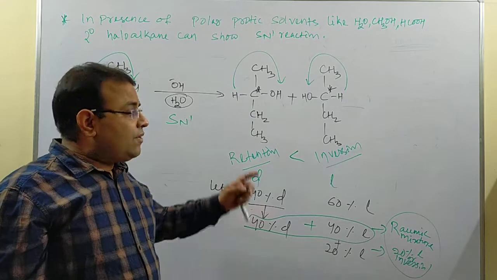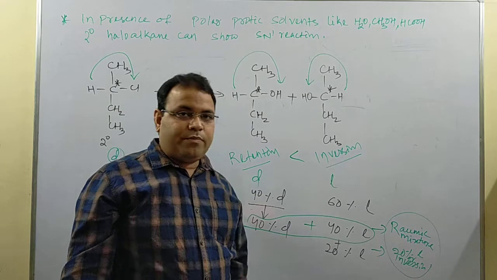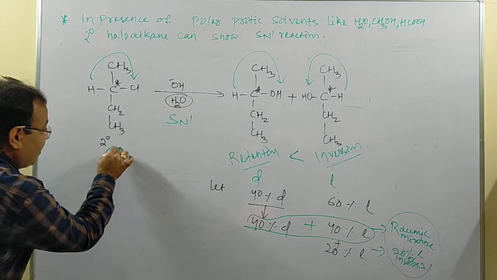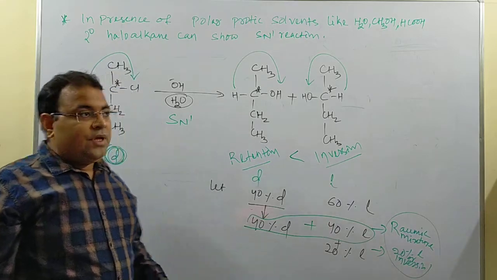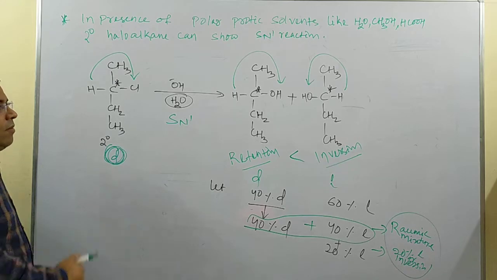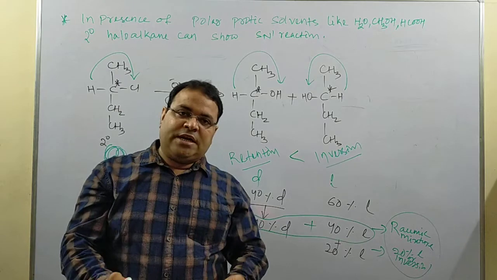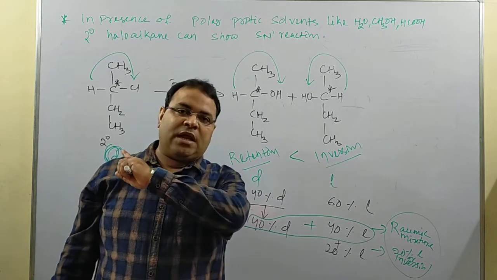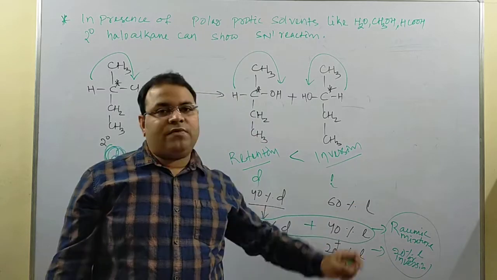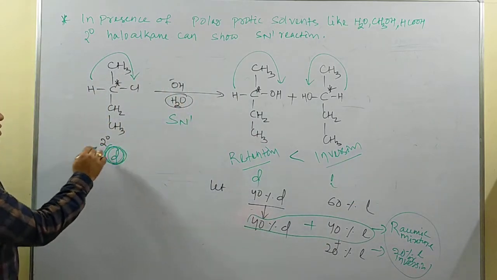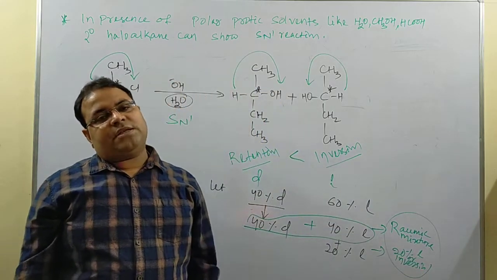Then the question will arise, sir, whether it will be racemic mixture plus inversion or racemic mixture plus L form. Because I have taken the D form over here, the inversion will automatically be the L form. If I have taken this as the L form, then the inversion will definitely be the D form. This point is 100% correct: the SN1 reaction for an optically active molecule will always give racemic mixture plus inversion. And depending upon the stereochemistry of this one, the D or L remaining portion, that is the inverted one, will be decided.